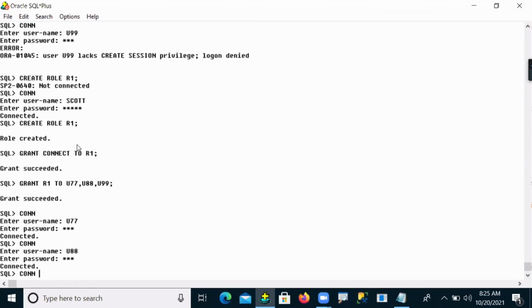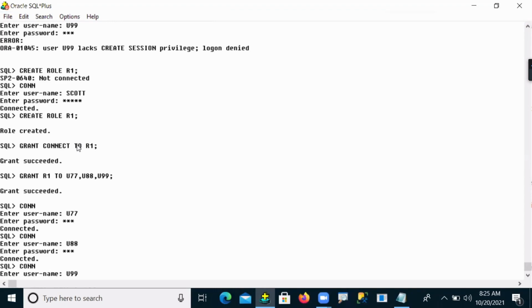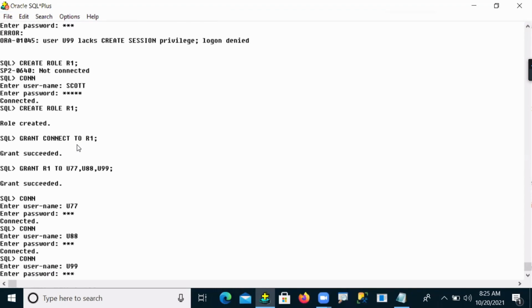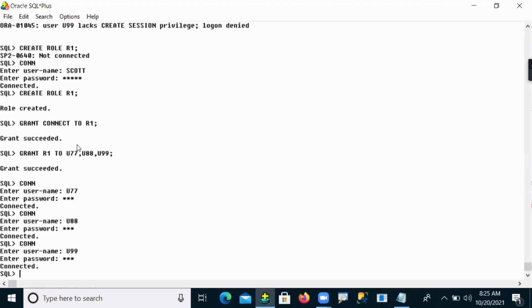Next, user number 99 is also successfully connected. So R1 is a role, the connectivity role, which we are assigning to the three people, the group of users U77, U88, and U99. Understand my point now?